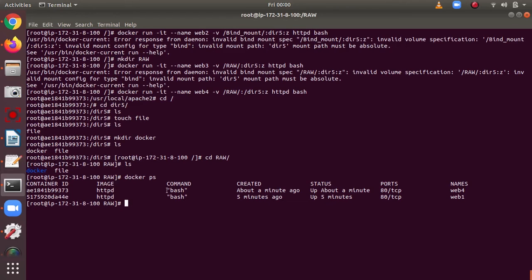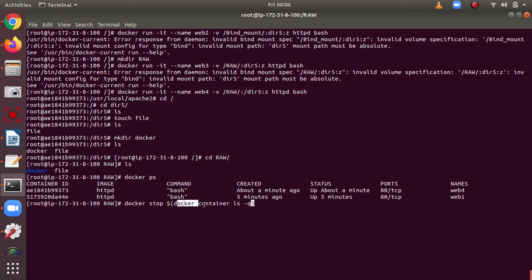Suppose I want to stop the container. I will show you a different way. Suppose we have hundreds of containers and I want to stop them all in exactly one command. How can we achieve this? It is very easy. You just give $, and in this you give docker container ls -q.